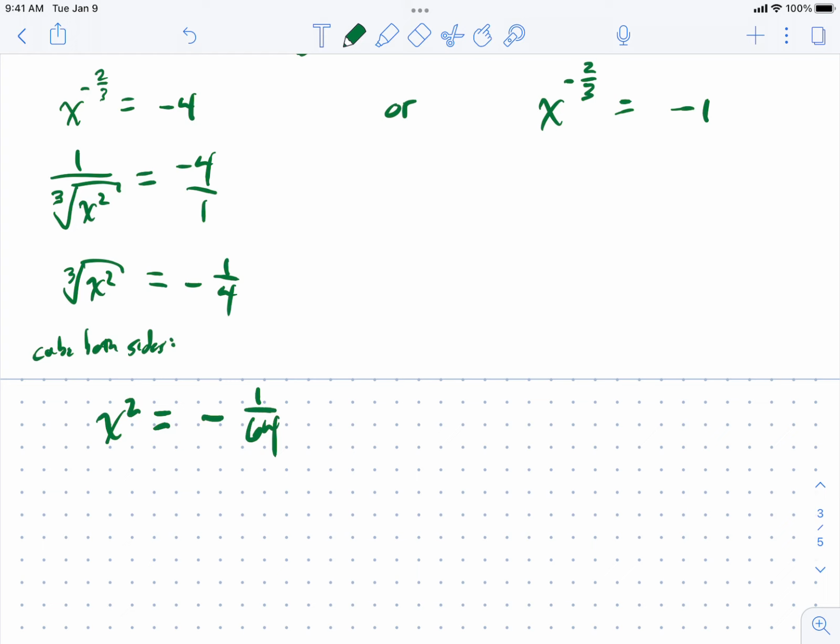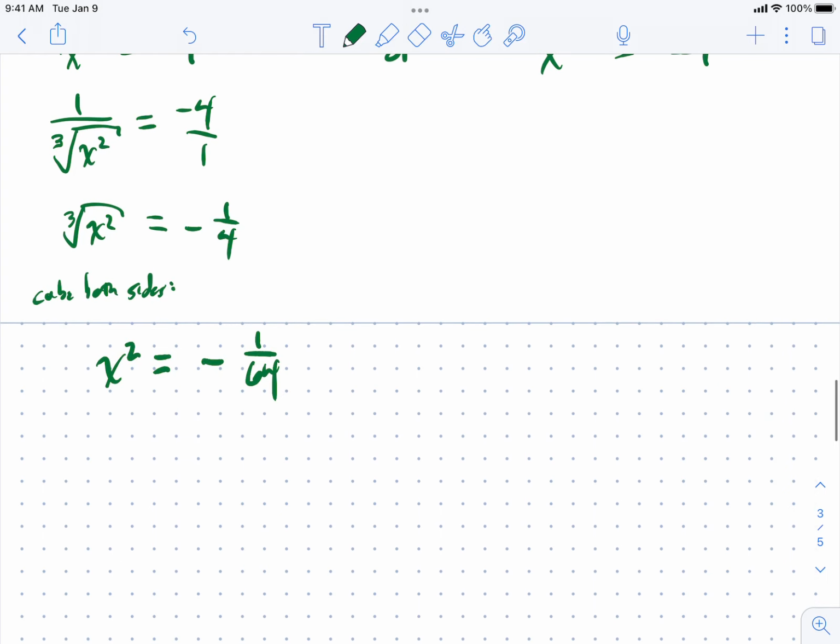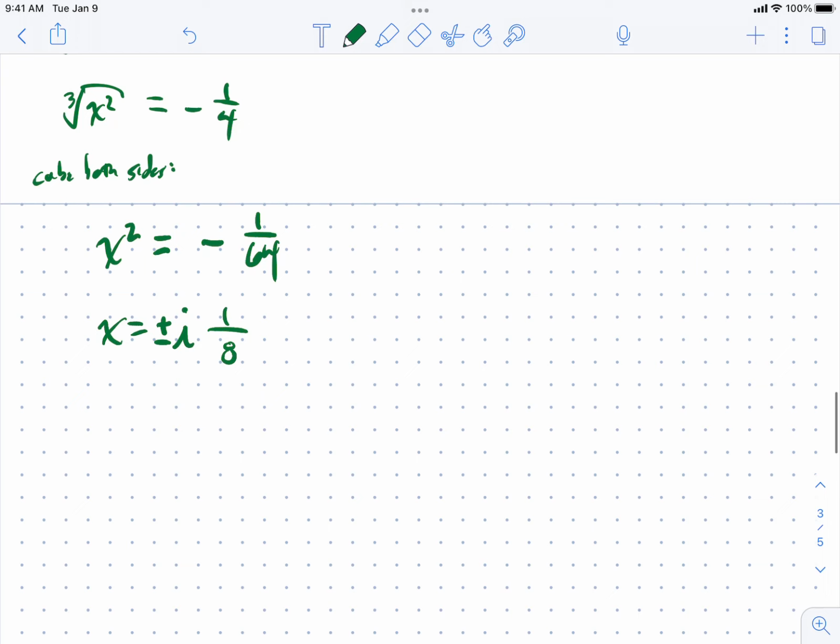Anyway, x squared equals -1/64. Okay, where are we going now? Well, we want to solve by square rooting both sides. Square root of a negative is going to give us an i. Oh, by the way, don't forget the plus or minus. Put that in front. Plus or minus i, and the square root of 1 is 1, and the square root of 64 is 8. So actually a nicer way to write this would be plus or minus